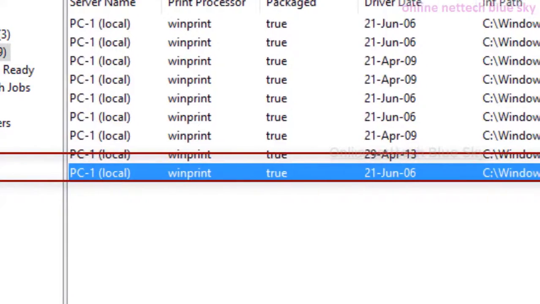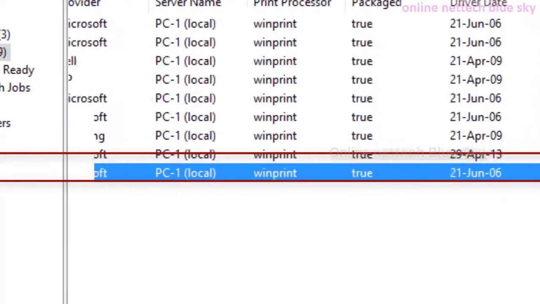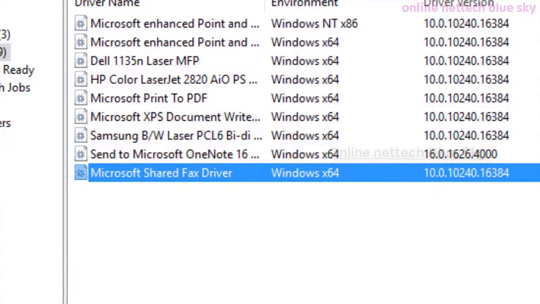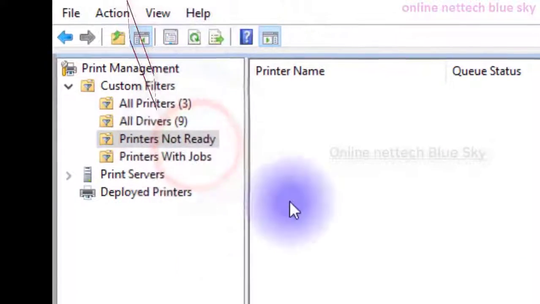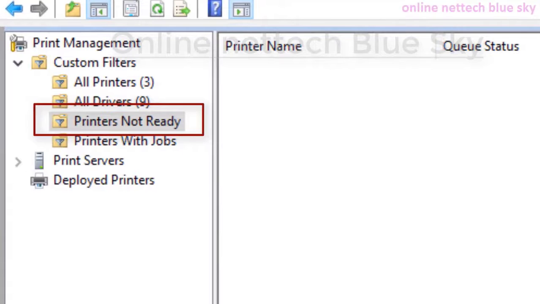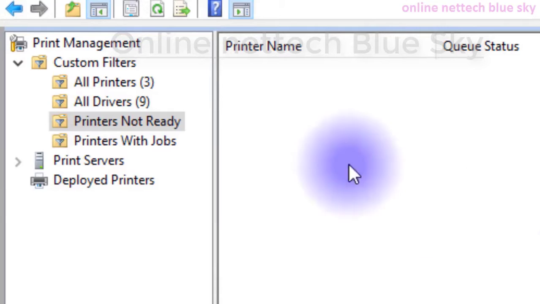So you first add any device, and a printer does not work without it. Just as an example, a printer is one type of device for printing. So I click on printer not ready. At that time you cannot see anything here, because no printer is ready for me, since I already powered off these printers.